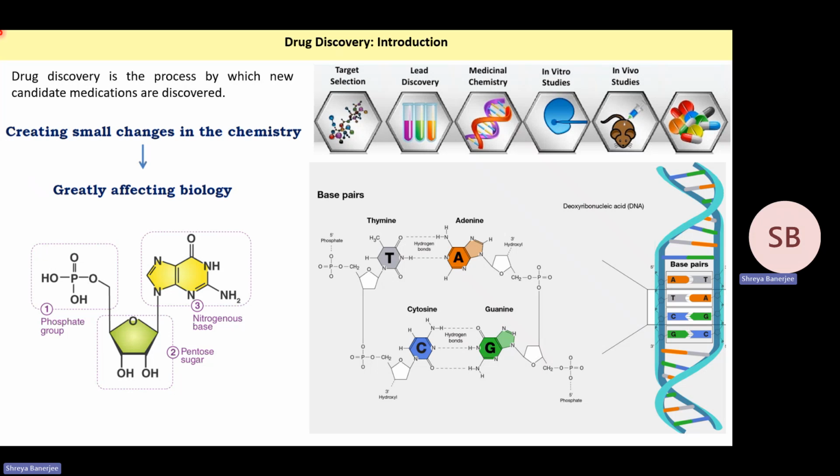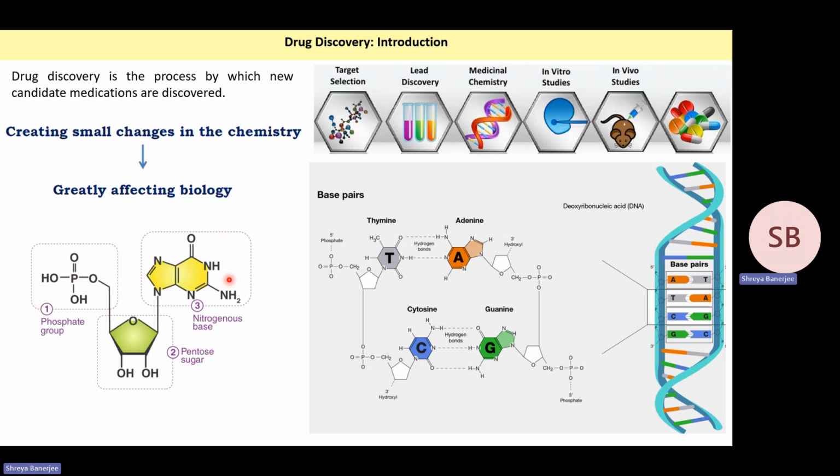So this class is about drug discovery. Drug discovery is the process by which new candidate medications are discovered. Basically, small changes in the chemistry of a molecule can greatly affect its biological activity. As you know,